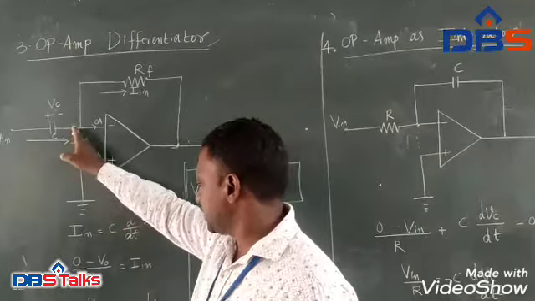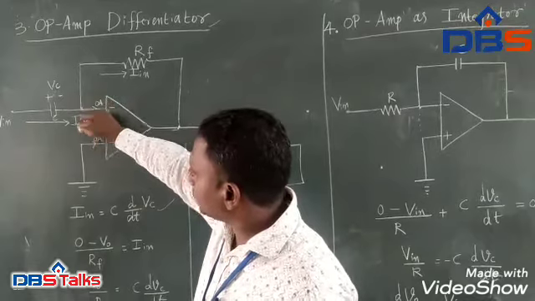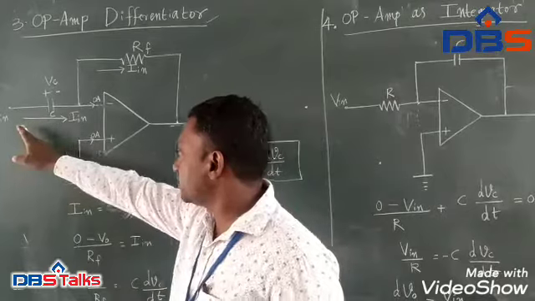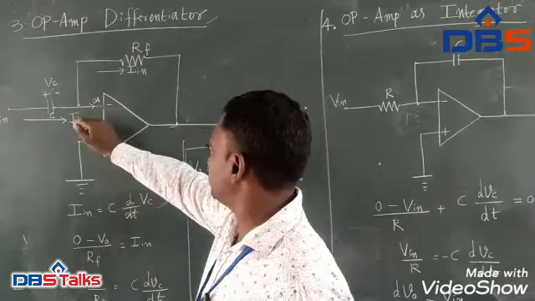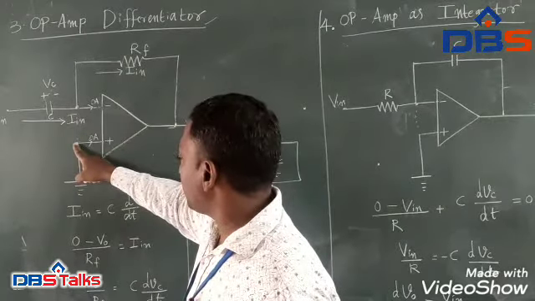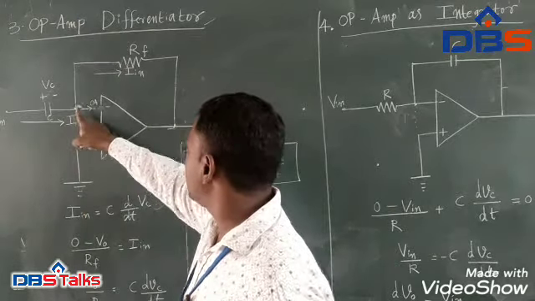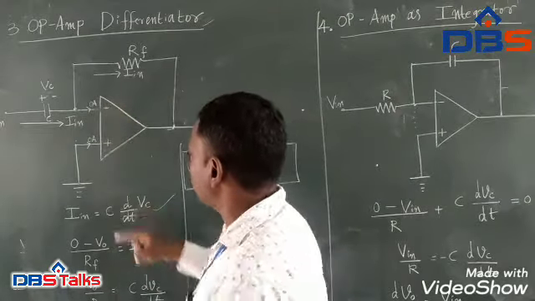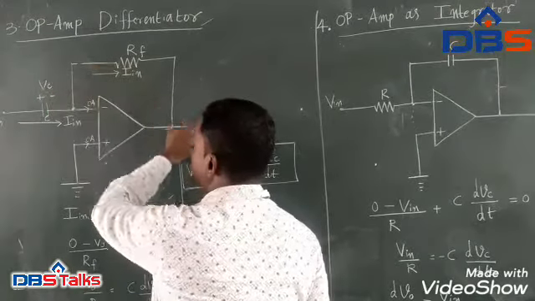Now we apply KCL here. This terminal and the other are connected electrically, from the virtual ground concept, and the non-inverting terminal is connected to ground, so the inverting terminal is 0. Therefore, 0 minus the output voltage divided by RF is IN, because no current enters the operational amplifier. Whatever current is passing goes through to the output.